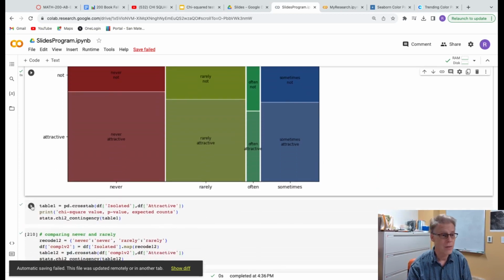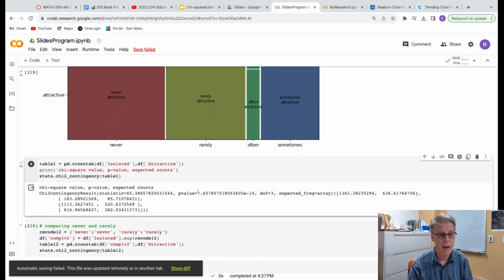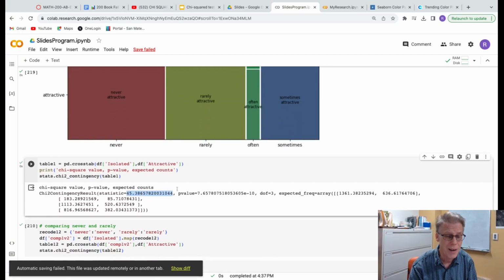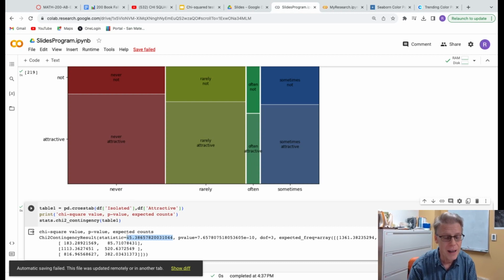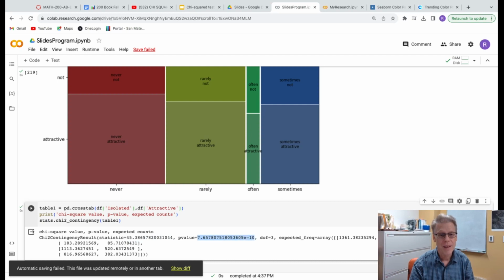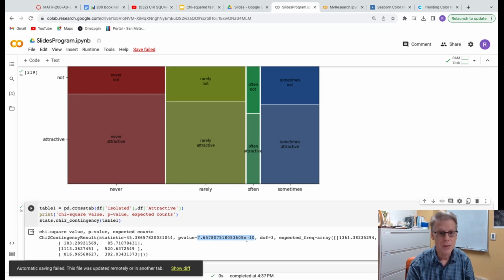And then I go ahead and do my chi-square test, and I get my chi-square value of 45. Remember, it was 2? So when you added up all the squared differences divided by the expected, when you do that calculation, you get all the way up to 45. And our p-value needs exponential scientific notation, right? So e minus 10 means times 10 to the negative 10, which means move the decimal over 10 places to the left.